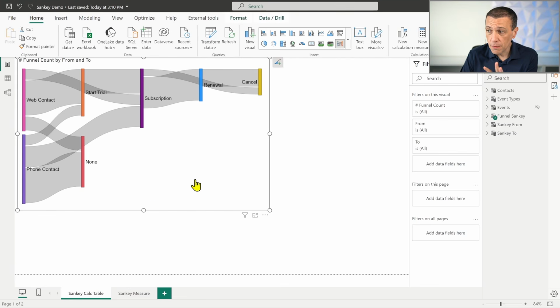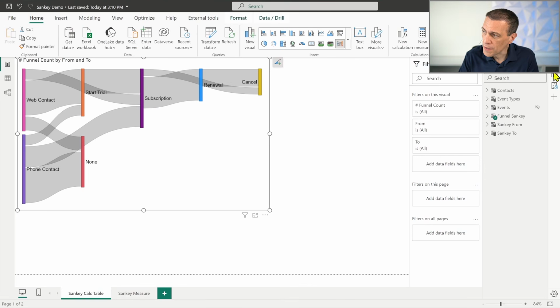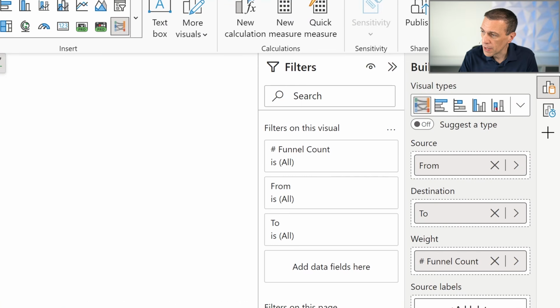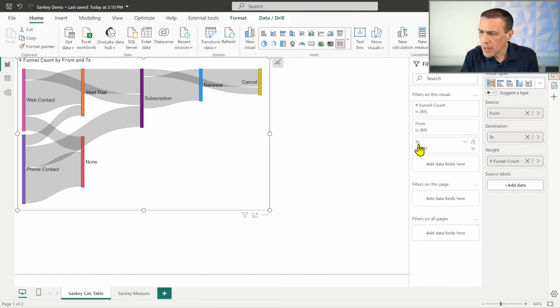The visualization is a custom visual. As you see, we imported this custom visual from AppSource, and the visual itself has just 3 properties that we can see here. We have to specify a source, a destination, and the weight. The weight is how strong the relationship between these two states is, which in our case is how many contacts went from one state to another. Which means that, now we understand what is going on,